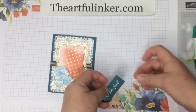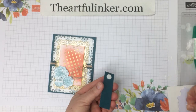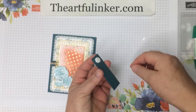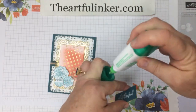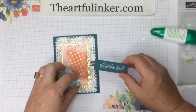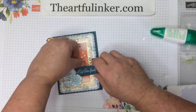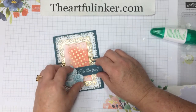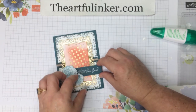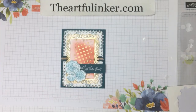And here are my dimensionals. So I need a double stack of dimensionals out here on this end, and then I'm going to use multi-purpose glue on the other end. And let's just tuck this right in here. Adjust my linen thread bits here so that we see them. And then just adhere that in place. And there we have our autumn greetings card for today's